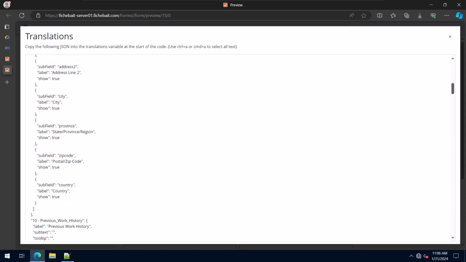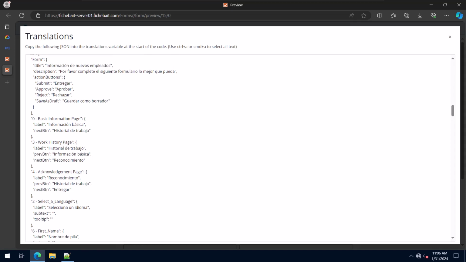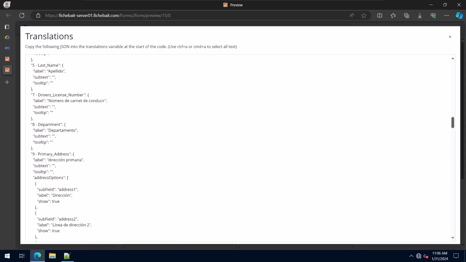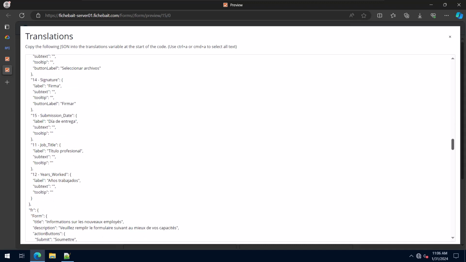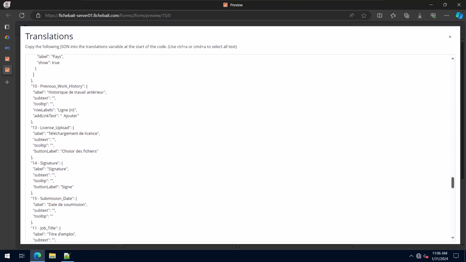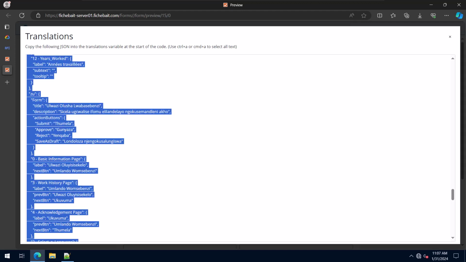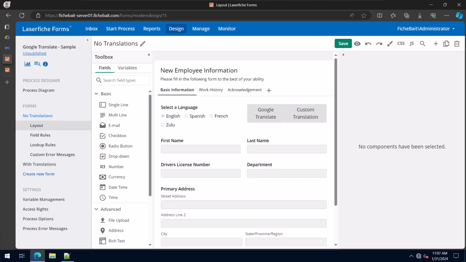So I'm going to scroll down here, and then we actually see our Spanish translation. If I continue to scroll, we should see our French. And if I go further, we should see our Zulu. So the only thing we have to do now is just select all, copy. We'll go back to our form,